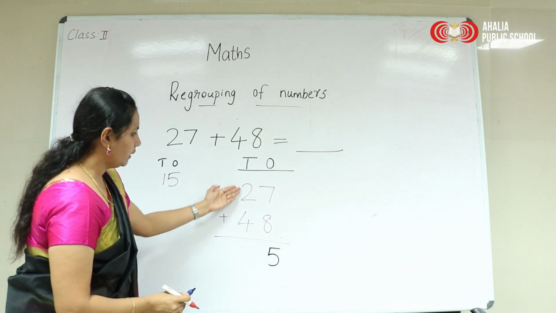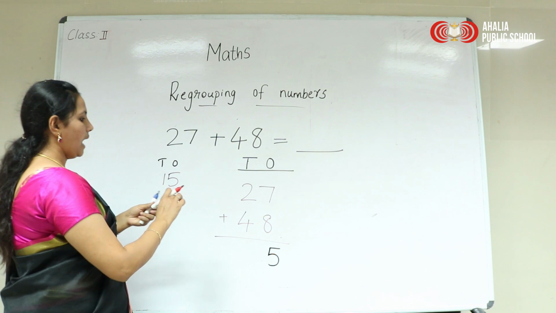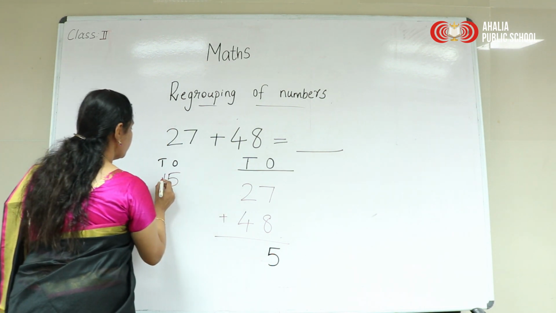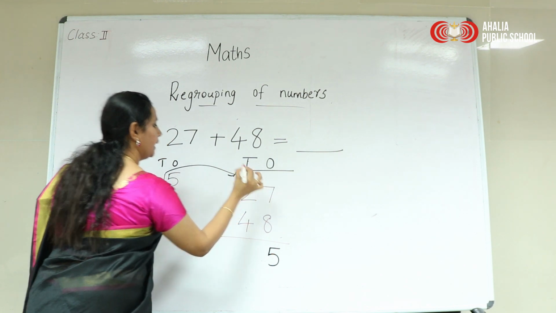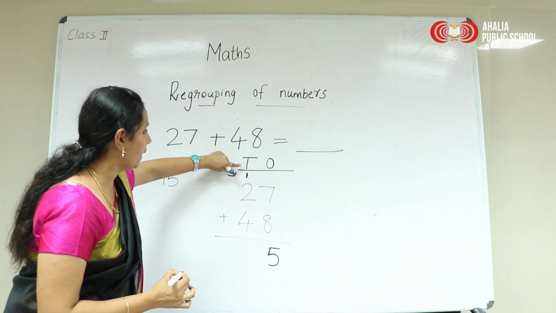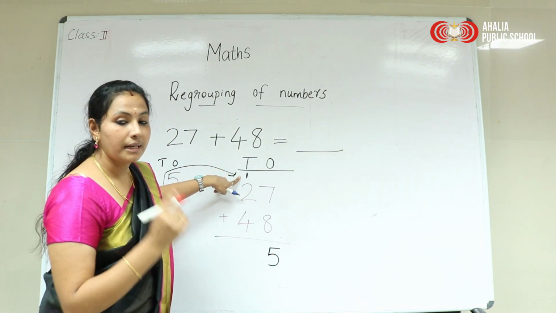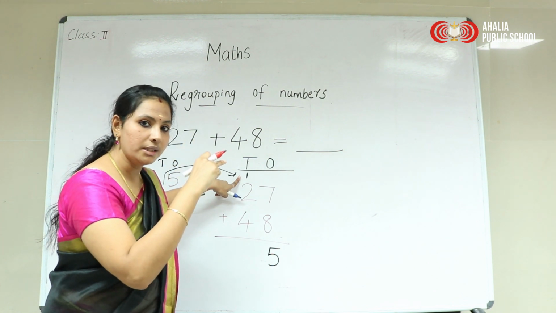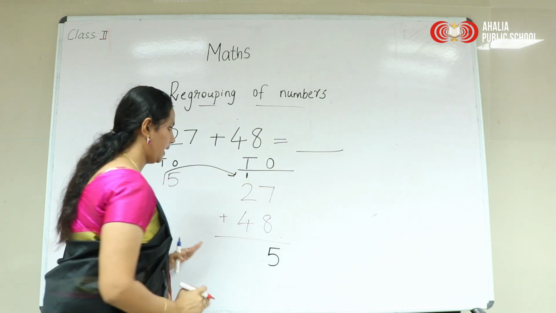Then what will we do with this 1 in the tens place? Yes, we have to carry it forward. This 1 will be right here in the tens place. 1 is in the tens place, right? So in the tens place we have to write it here. What will we call this number? Carry forward. Okay? The 1 shifted into the tens place.